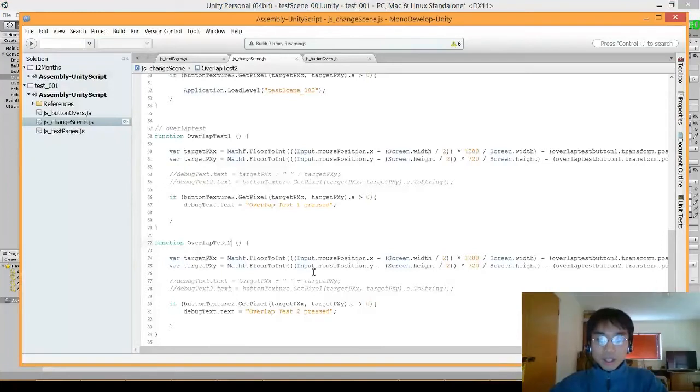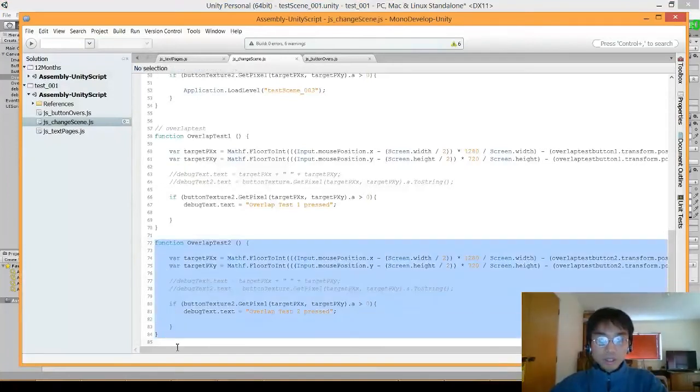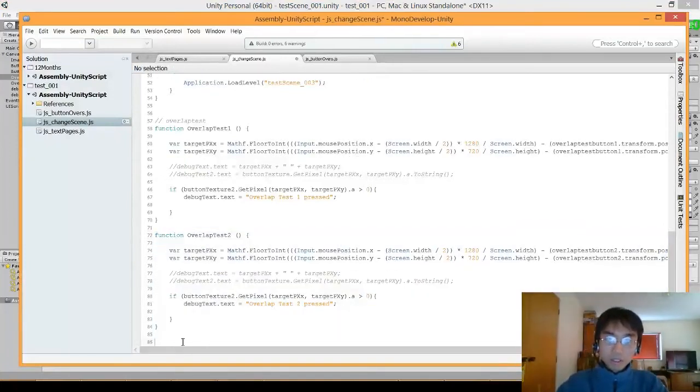And then I need a new button. No, I don't need that. Function reset debug text